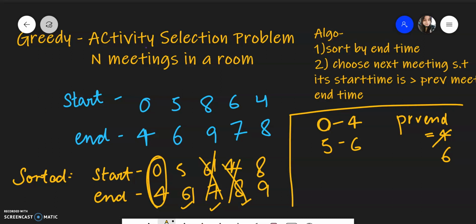As we are not adding any more meetings, we are not updating the previous end. Now we come to the last meeting and this condition is satisfied. We see that this 8 is greater than 6. So now we can add this 8 to 9 meeting and the previous end will be updated to 9. While we are adding these meetings, there are two questions that can be asked: either you need to print out these meetings, or you need to print out the number of meetings.